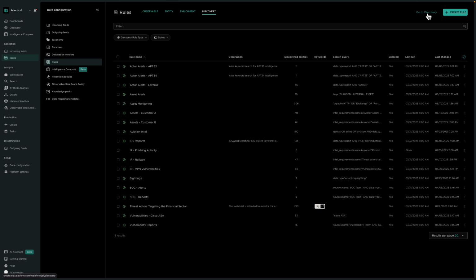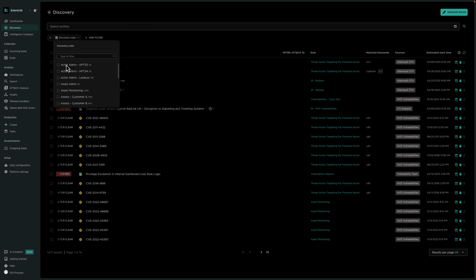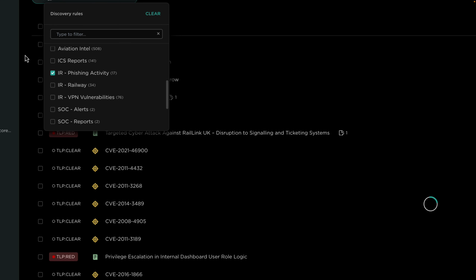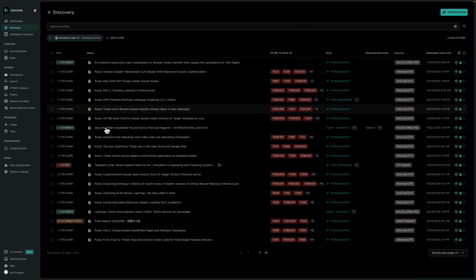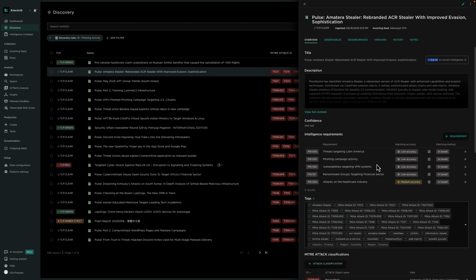If we now go back to the discovery view, in this view, I'll click the discovery dropdown where we can see all of the rules. And if we scroll down, we'll see that our new IR for phishing activity rule is available and has results. Each of these entities has already been matched to our intelligence requirement for phishing activity, so we can start to review this information. Here we have various entities which the platform has decided whether or not they're relevant to our